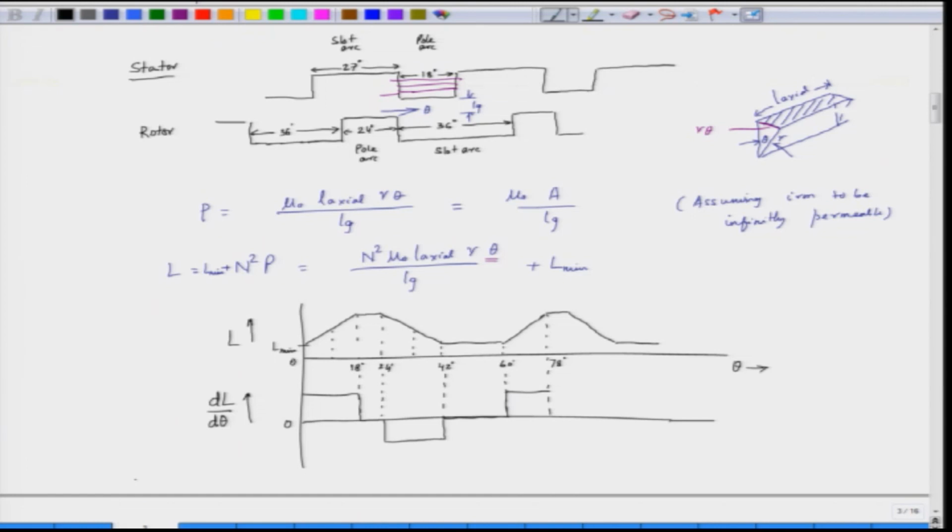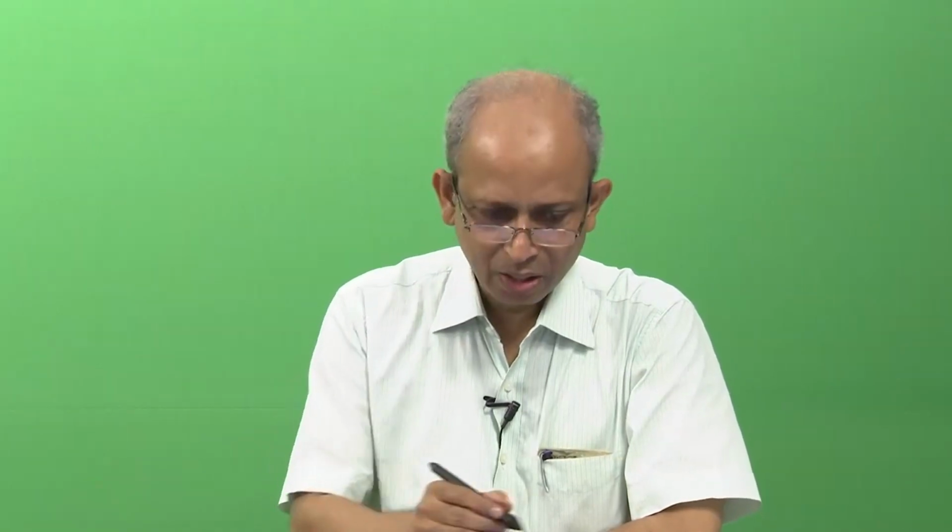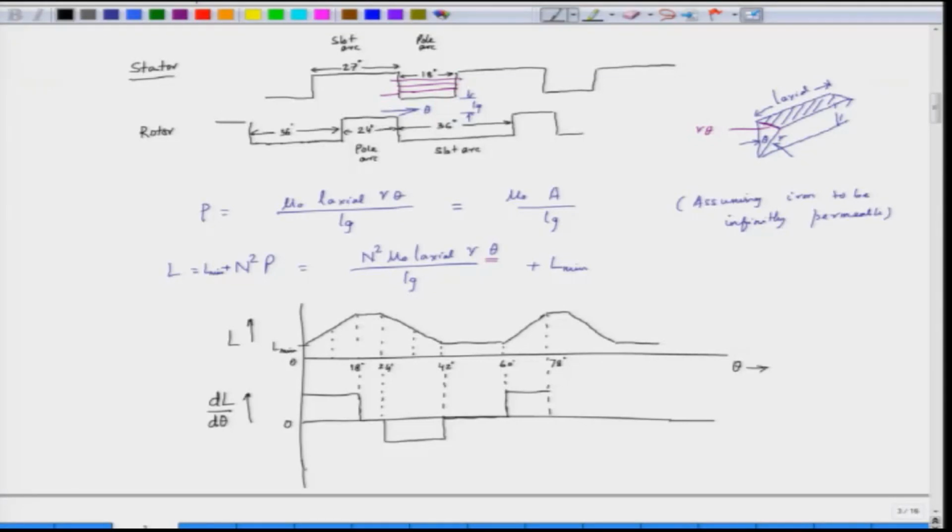Now, our objective is that since dL/dθ is becoming positive and negative, we have to switch the current during positive dL/dθ. So, the current predominantly should exist here. If we have a current waveform or a current signal, the current should try to be along this position. This should be the current. So, the current should be only present during positive dL/dθ, not when dL/dθ is negative. So, if we would like to plot the current.